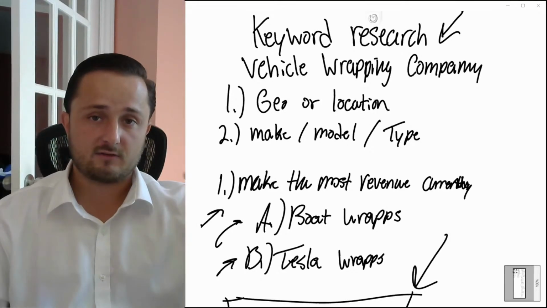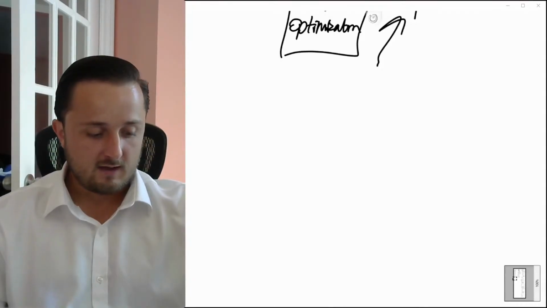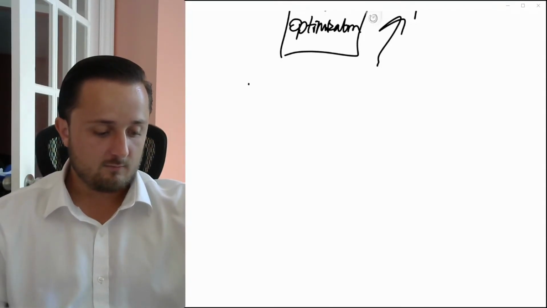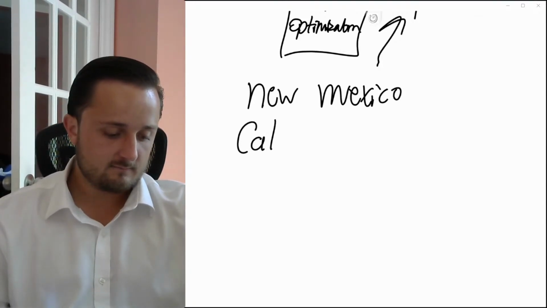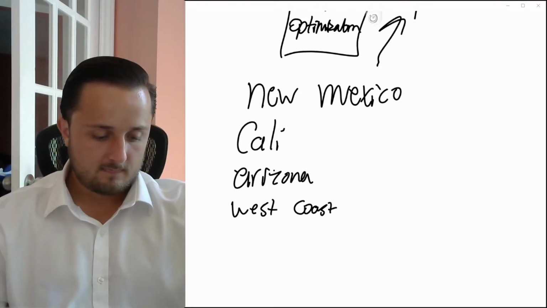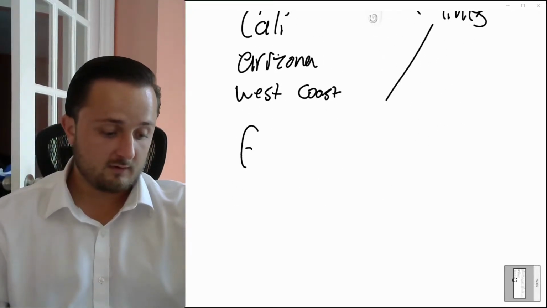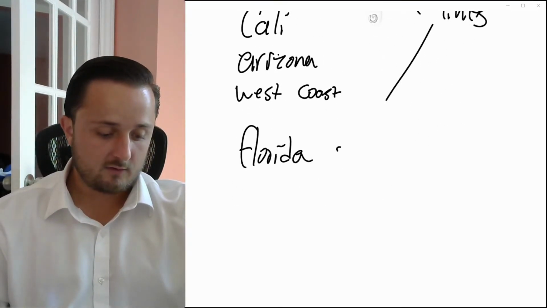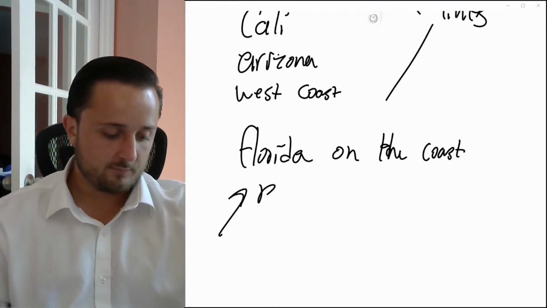Another thing that's going to have an impact on this keyword research is the geolocation, right? So if I'm more in New Mexico, or if I'm in Cali, if I'm in Arizona, or really anywhere on the West Coast, I'm going to sell more tints. Now, let's say I'm in Florida and I'm on the coast. I'm going to see that I sell more boat wraps,